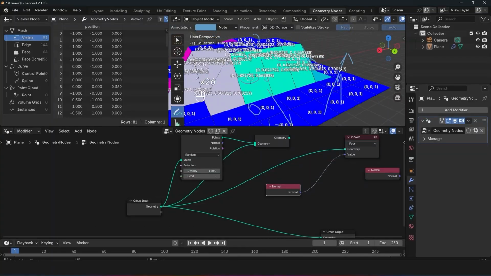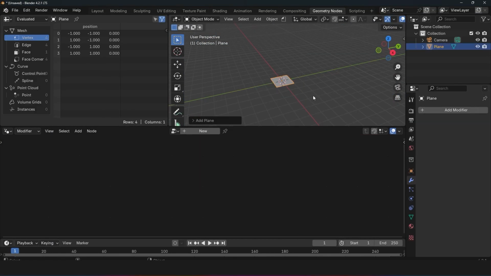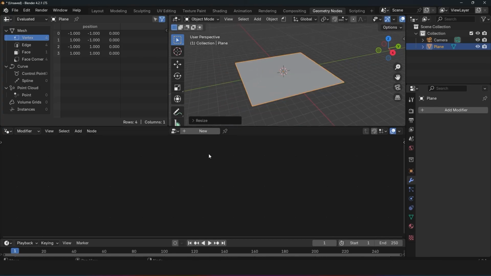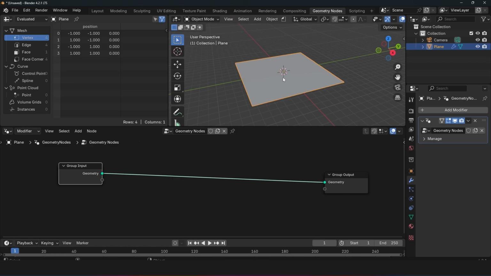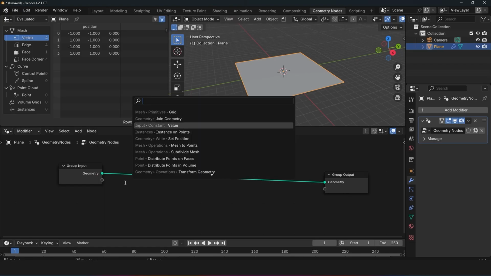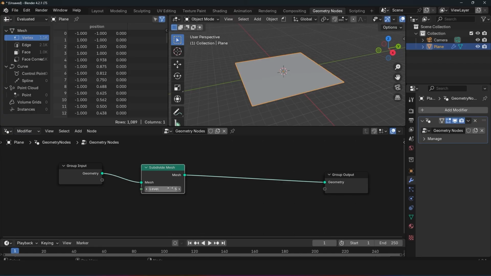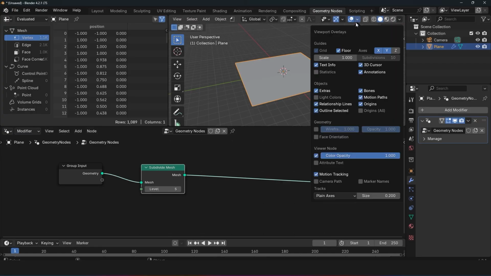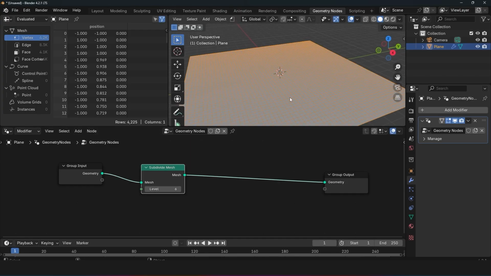In this lesson, we're going to look at data preview. Let's say we have a plane. I'm going to scale it up and then create a new geometry nodes. So I want to subdivide this a few times using a subdivide mesh. So Shift A, subdivide, just subdivide it a bunch of times. Let's go in the overlays and turn on wireframe so that we can see the different subdivisions quite easily, just